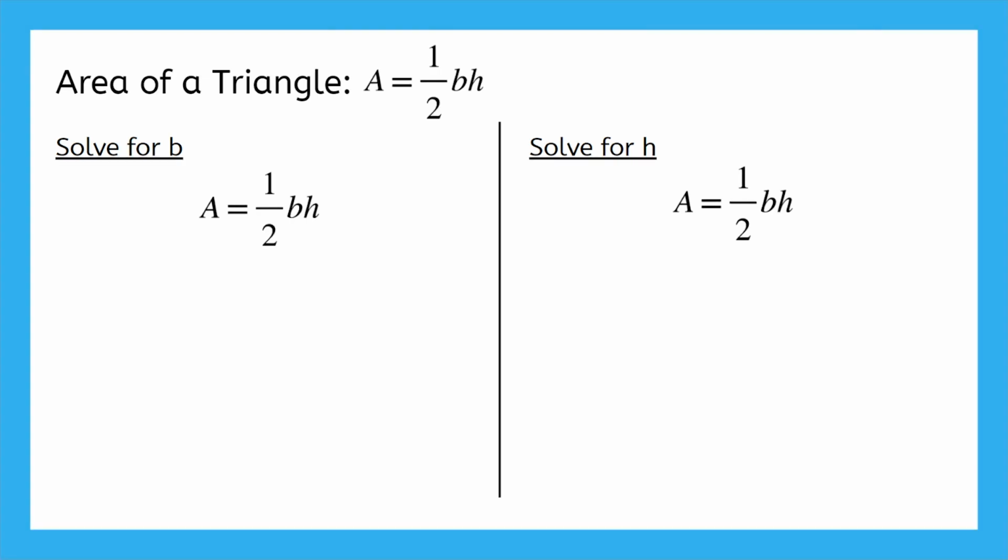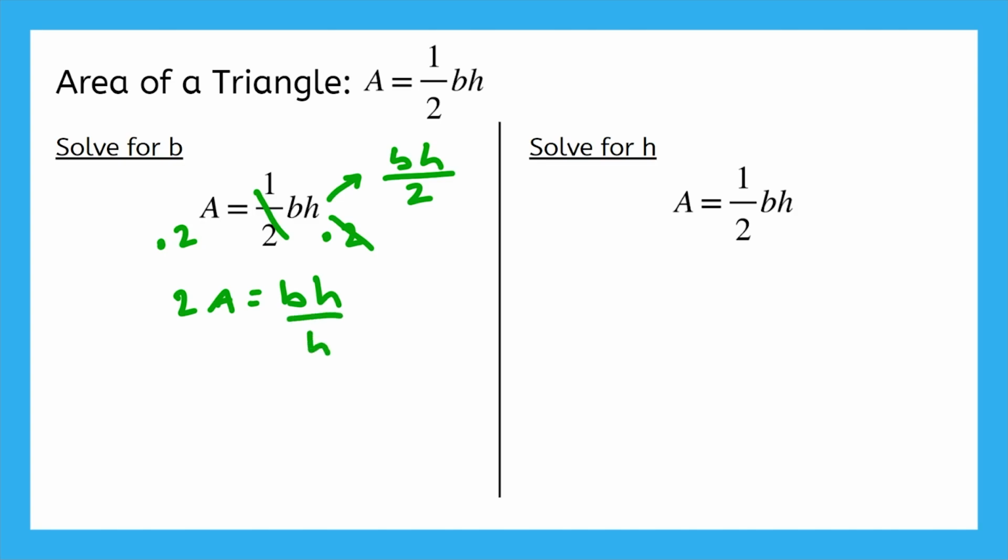We're doing two things to B, multiplying it by 1/2 and multiplying it by H. Multiplying by 1/2 is the same as dividing by 2, so to cancel it out, we'll multiply by 2. Now we've got 2A equals BH, so we're halfway there. To remove the multiplication by H, we divide by it. So B is equal to 2A divided by H. So if we knew the area and the height of a triangle, we could use this to find the length